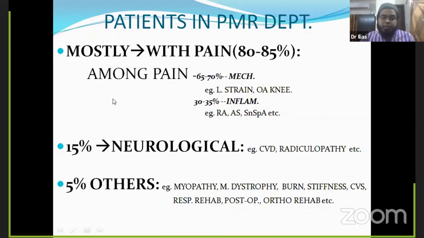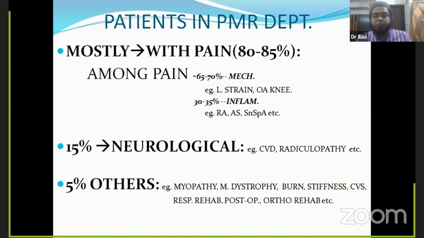But mostly we face patients with pain. And before going to know the drugs, we should know what kinds of pain we face in our department. Among all the pain that comes to our department, we get two kinds of pain. Number one is the mechanical pain, and another one is the inflammatory pain. The mechanical pain is the pain which comes with mechanical activities or overuse syndrome of any part of the body or any kind of stressful job. Whenever the patient has these kinds of conditions, the patient will have the pain. And this is the feature of the mechanical pain.